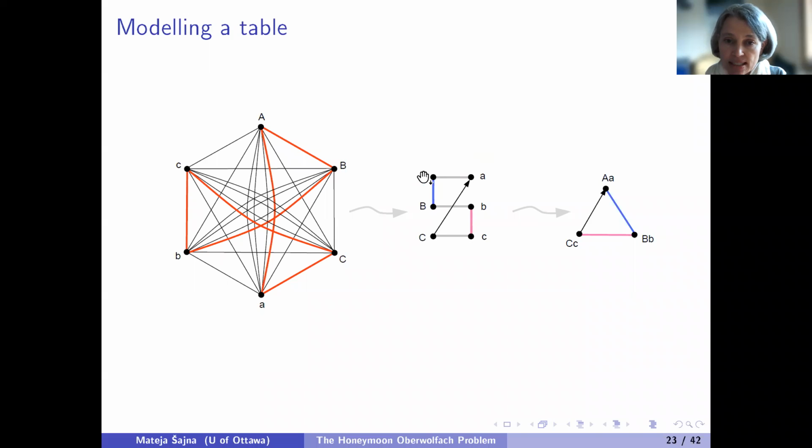So we go to identify the couples into a single vertex. So a couple now becomes a single vertex. And notice that we got this cycle of half the previous length, so a cycle of length 3 now. Now, another example of a table, we get the following cycle, which then condenses to a black directed